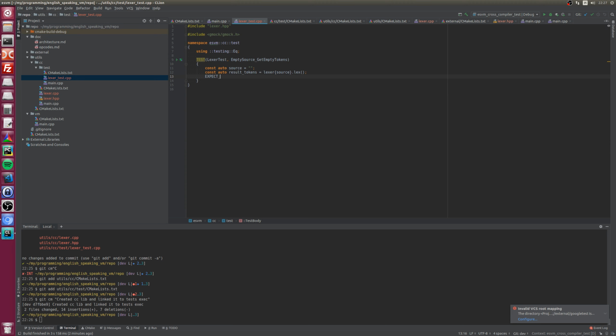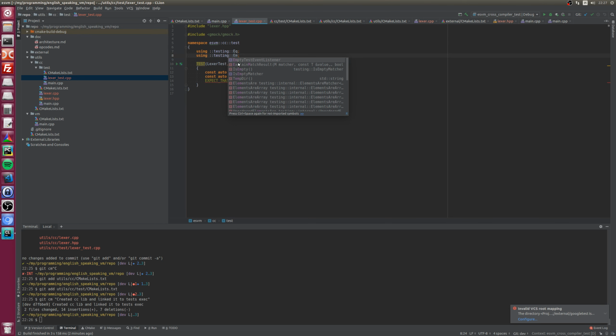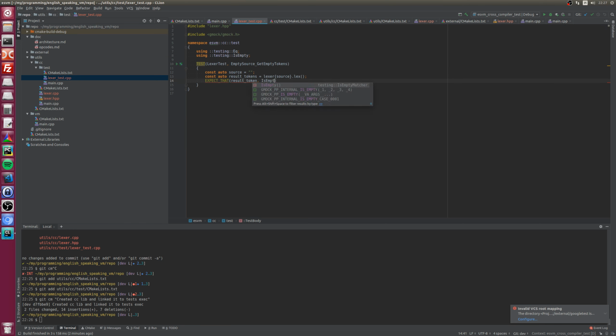No, there's no that. Result tokens are empty. There should be something like is empty. Okay, is empty. I'll take that. Cool. Is empty, result tokens.